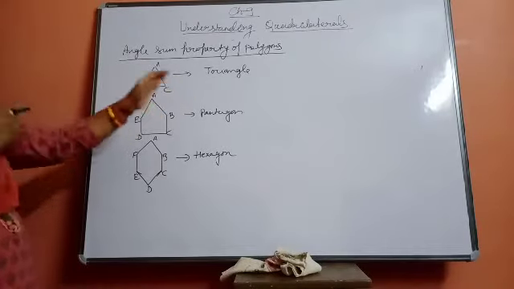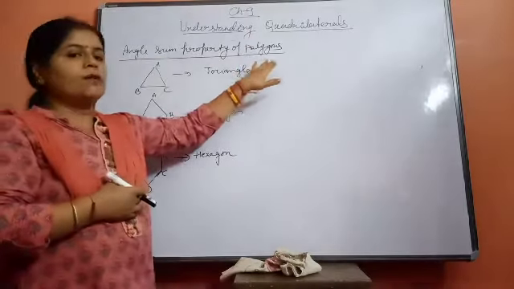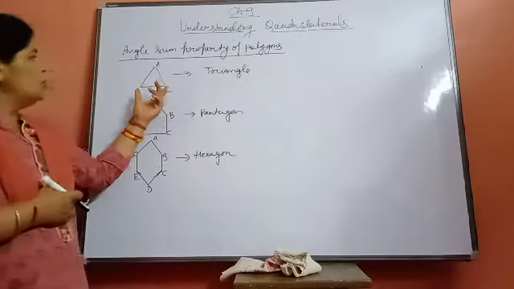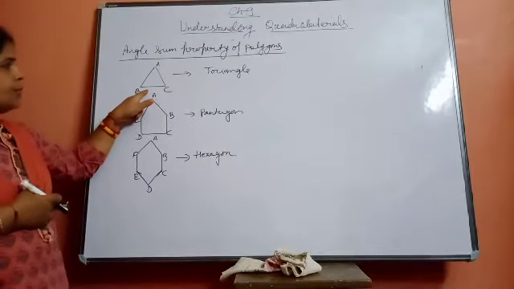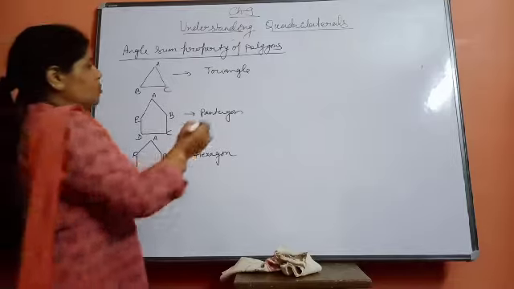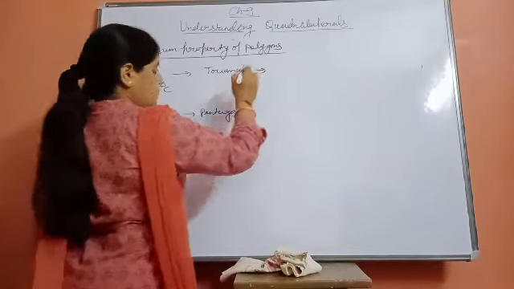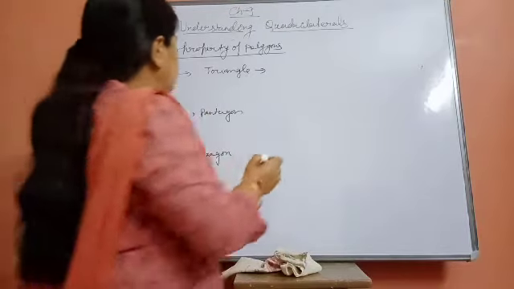Now, beta, the next thing we are going to learn about is the angle sum property of polygons. You know the angle sum property: if we add all the interior angles of the triangle, these are the interior angles. You already know this, and you have done questions based on it in earlier classes.